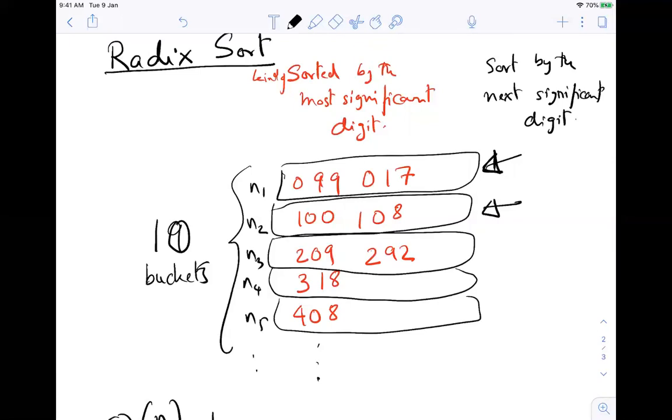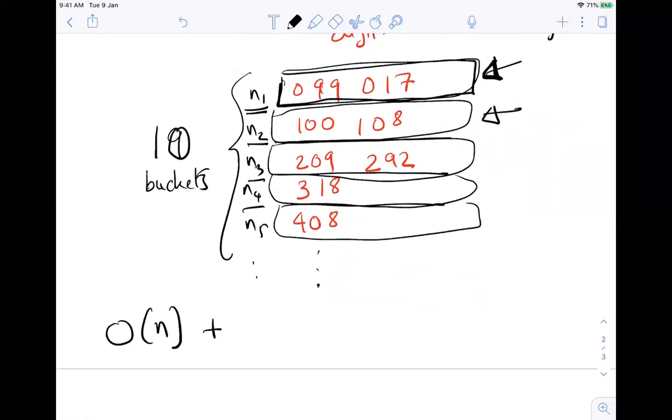For this bucket, I would go over all the n1 elements and bucket them again into 10 objects. Similarly here, similarly here. So the total time taken is again n1 plus n2 plus up to n10, which is nothing but order n.